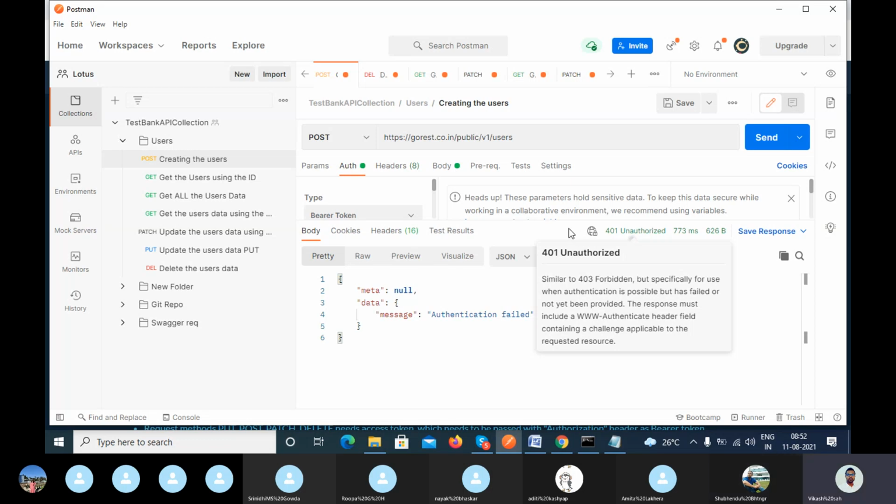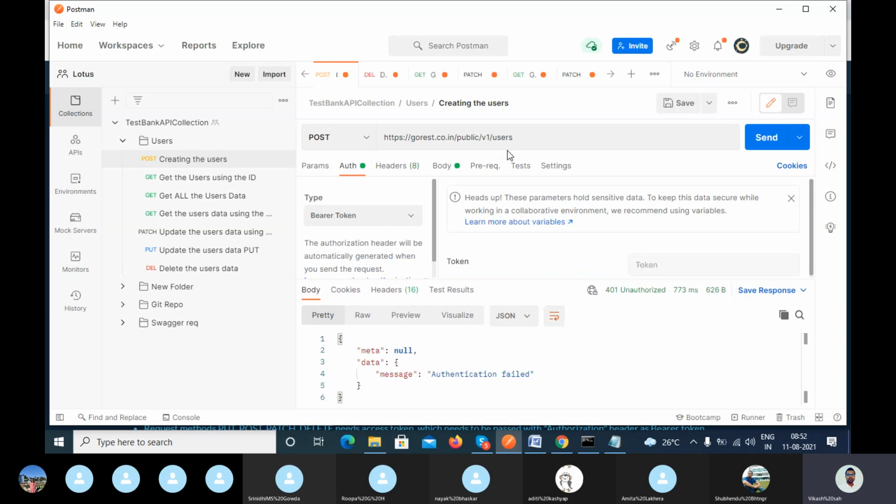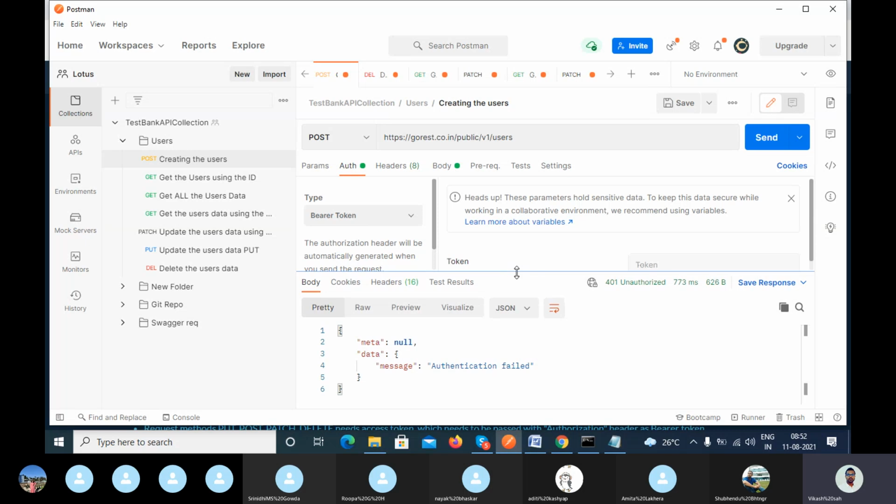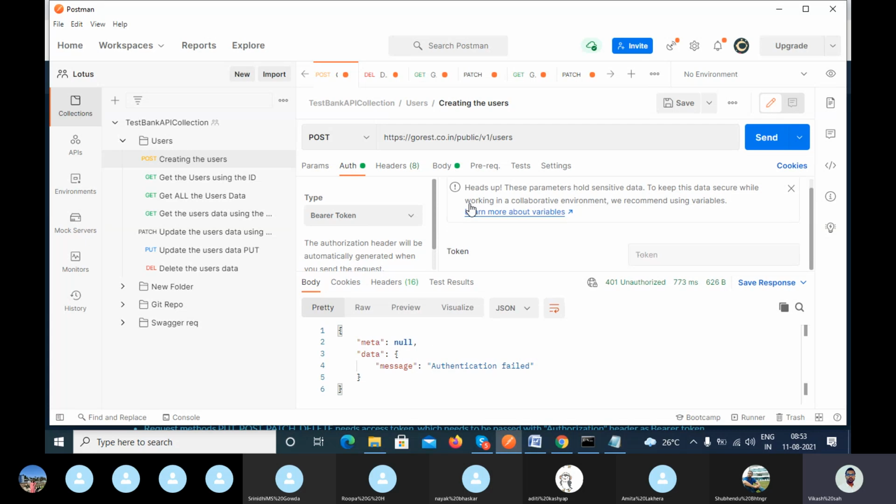So that means if you want to create the data, you need the valid token. After that, you can create your data. If you don't have the valid credential, valid authorization token, then you can't create your data.